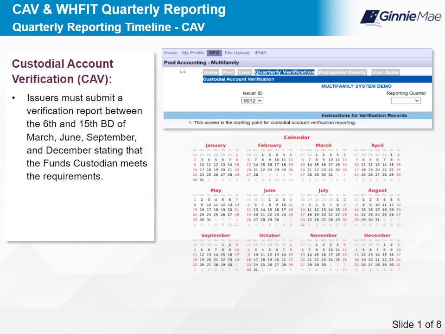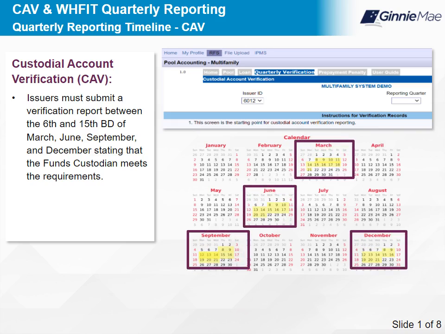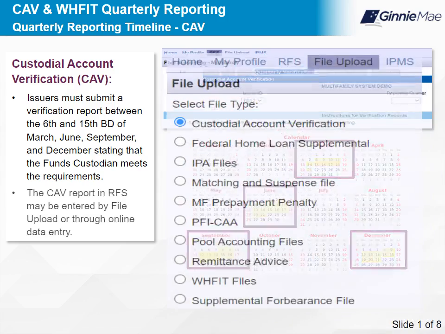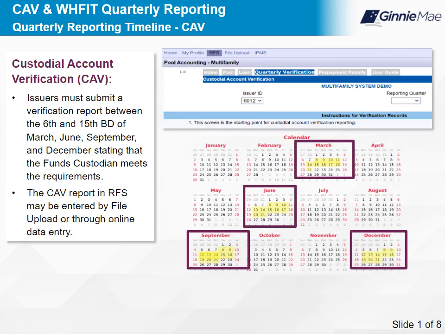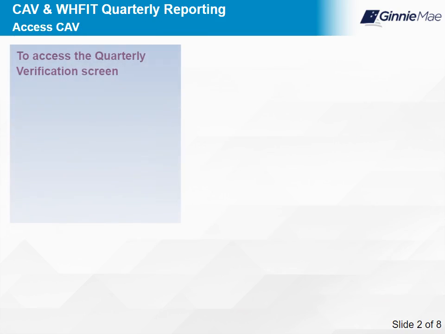Issuers must submit a Custodial Account Verification (CAVS) report between the 6th and 15th BD of March, June, September, and December, stating that the fund's custodian meets the requirements. This report may be entered using the File Upload tab in RFS or by manually entering the data online. Select Next to continue. To access the Custodial Account Verification screen to verify records,